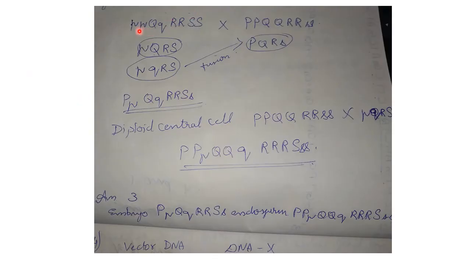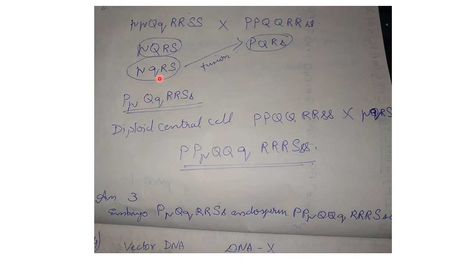So this is the genotype of the male parent, that is the one which is pollinating this particular parent. So this is the female parent. So it will produce 2 sperms. Any of them can cross with this particular parent and it will produce only 1 egg cell. And the other will be the fusion of polar nuclei resulting in the formation of endosperm cell upon fusion with